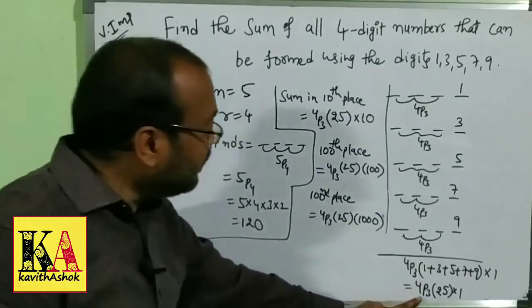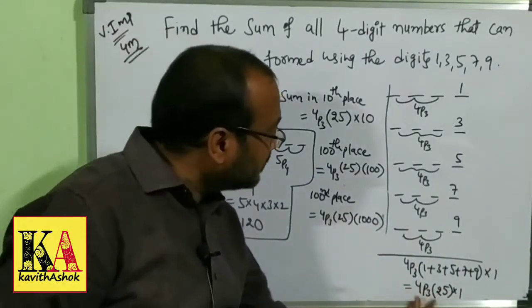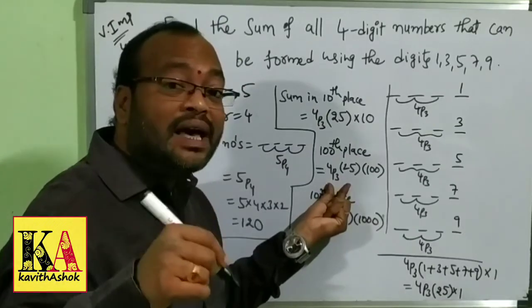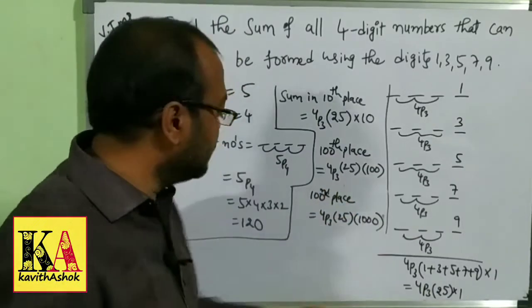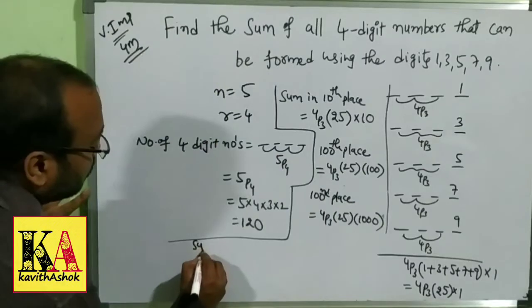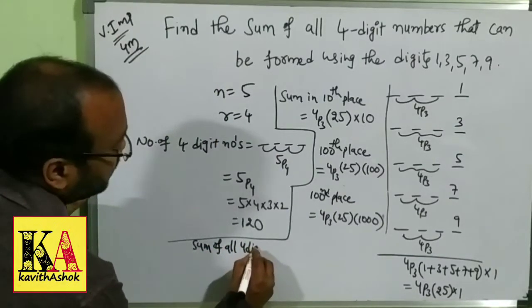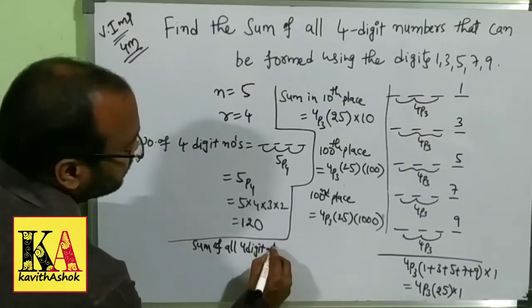The summation value is the same, fixed. Is it clear now? Only the difference is the place value; according to the place, it increases. So, the sum of all 4-digit numbers is equal to